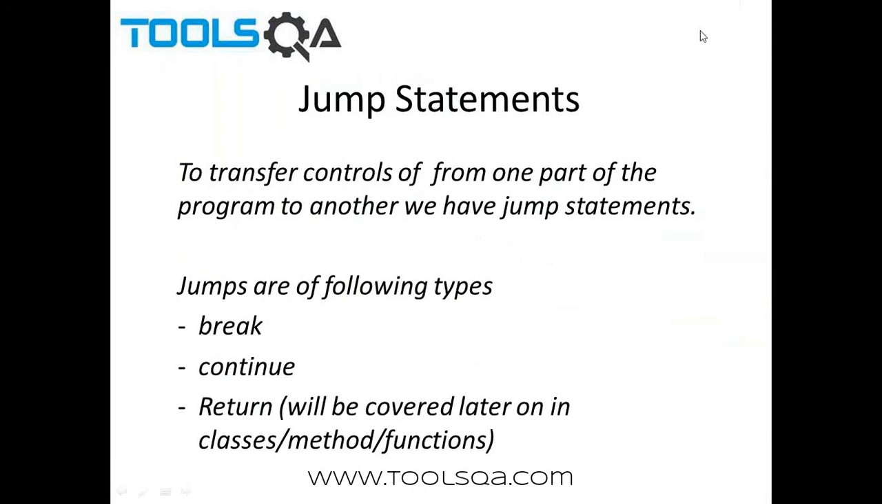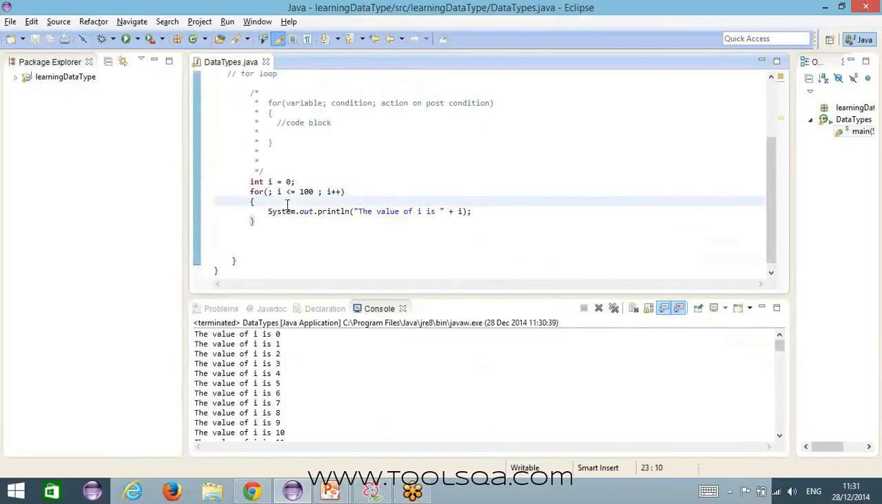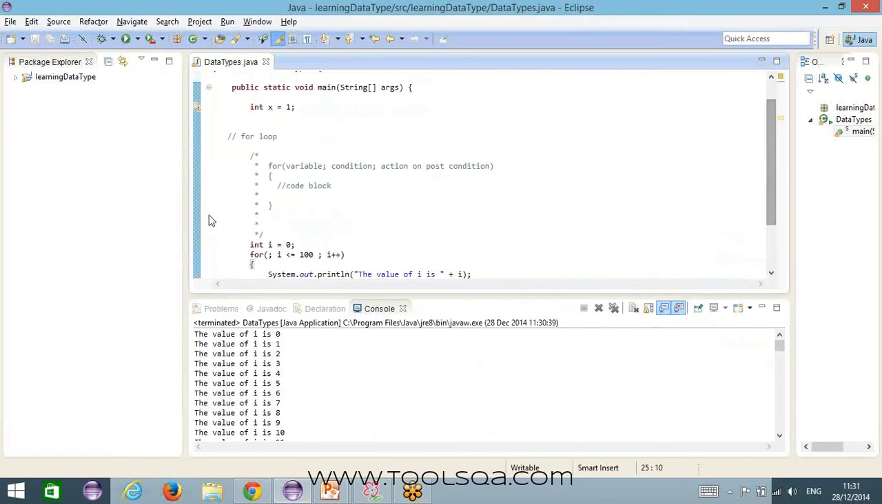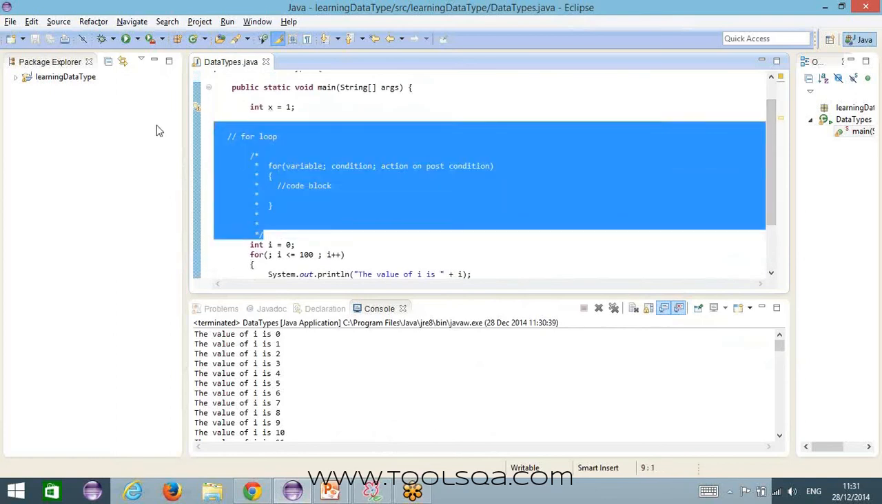Well, I think I should cover this in this class, in this video only. Jump statements. Now jump statements are inbuilt Java statements which allow you to shift control from one point to another point in the code, right? So let me show you with an example here,